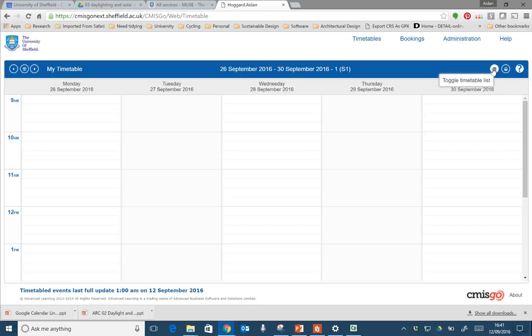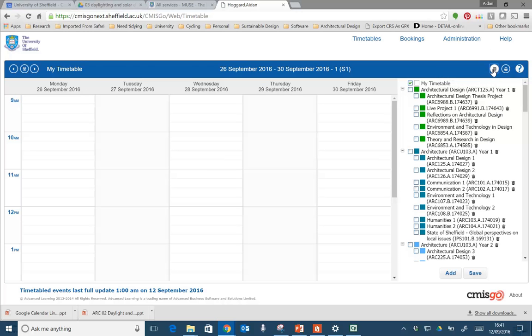Important button here for staff, this one up on the right, toggle timetable list. Click on that, just a slight delay there, and this then brings you another menu which shows all of the timetabling events that either relate to you, so have your name scheduled in that event,